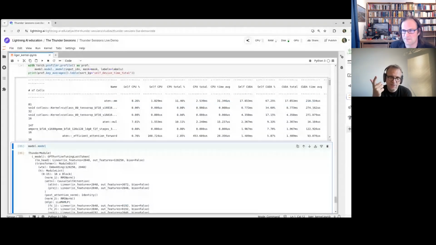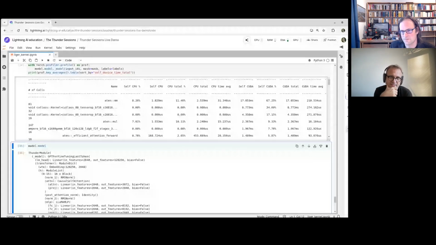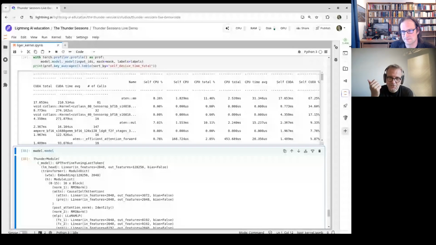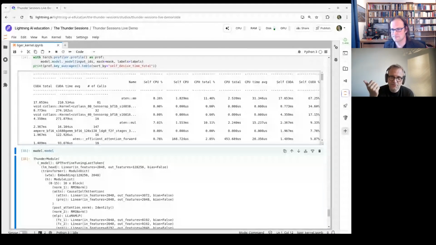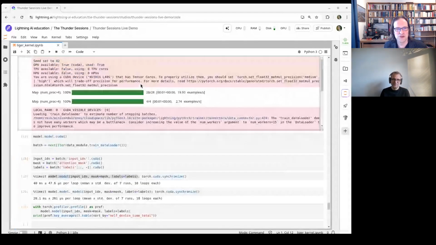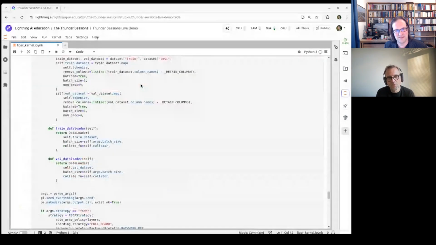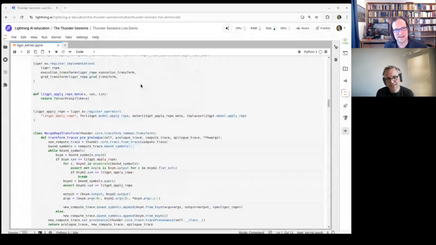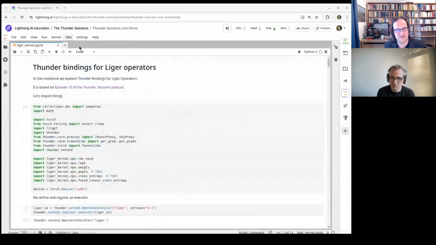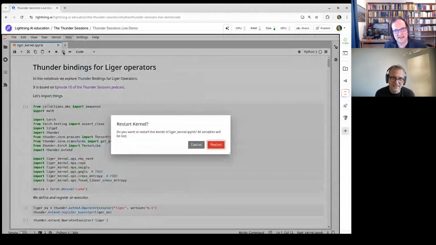Yeah, it's interesting, right? Because a very naive interpretation of what we did is, oh, Thunder made it slower, or Liger has slower kernels compared to PyTorch. Yeah, you can't say any of this, right? You need to go and measure and understand that now there's something that makes us do more operations, and it's probably something in between that is adding that.